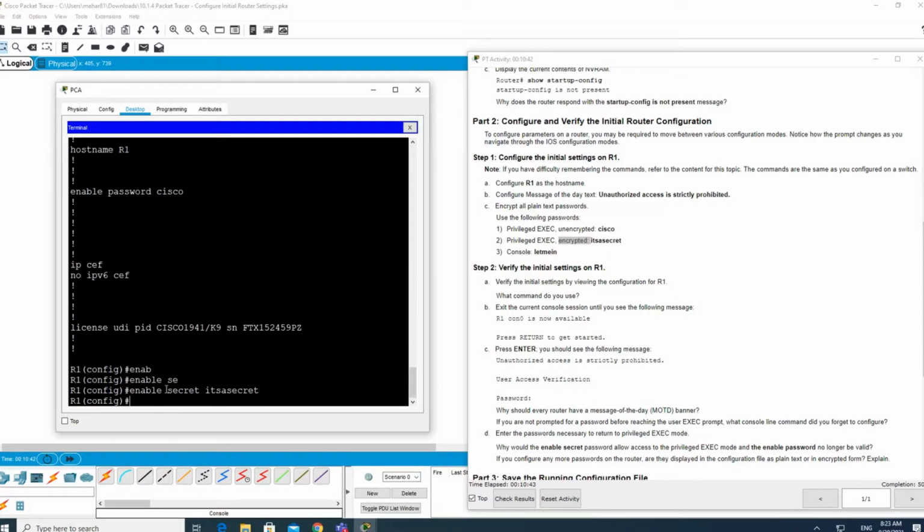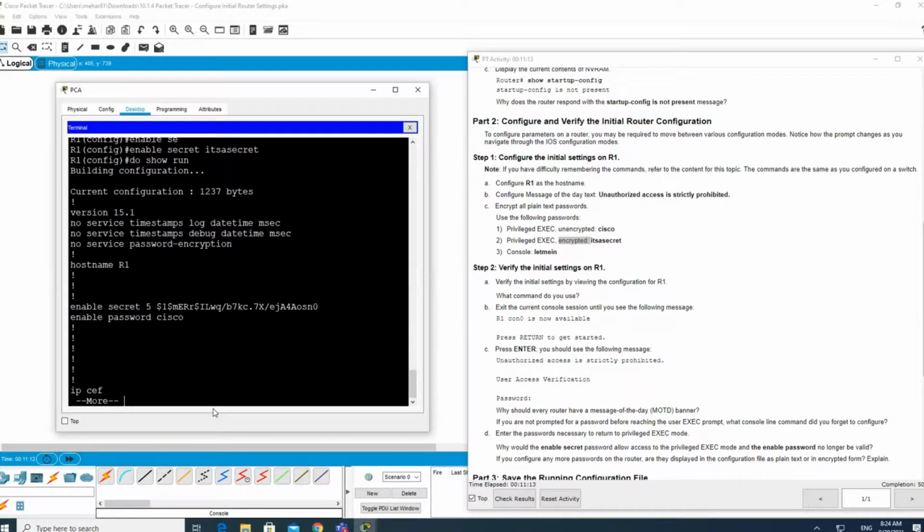Now, the difference between this command and this command: the enable password command will save the password in plain text, but the secret command will encrypt the password. They are both privilege exec passwords, but this one will be encrypted. Now if you want to see, just write do show run and you will see here.